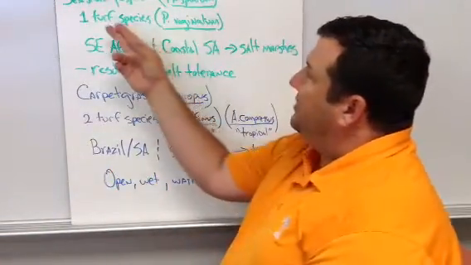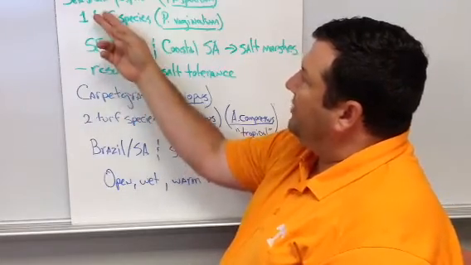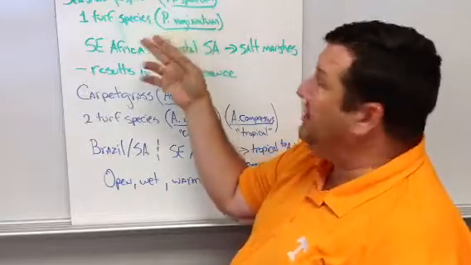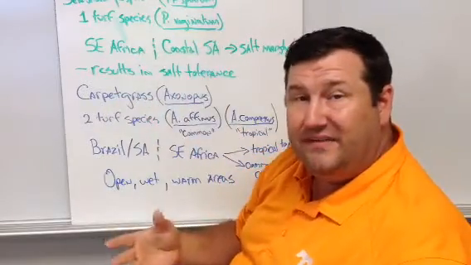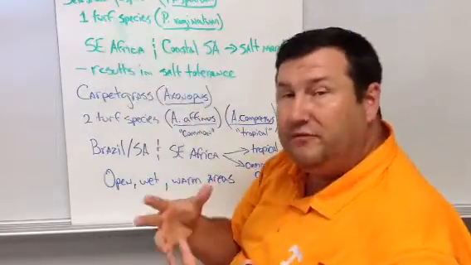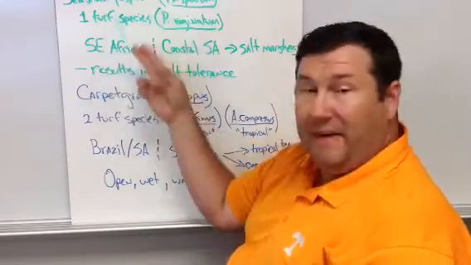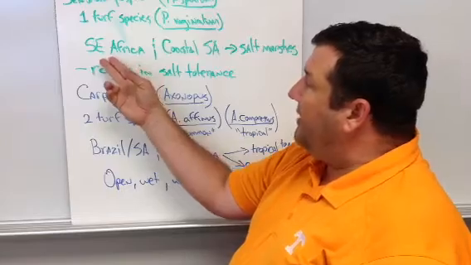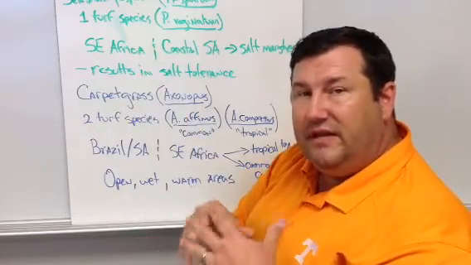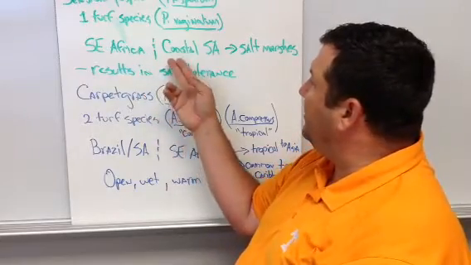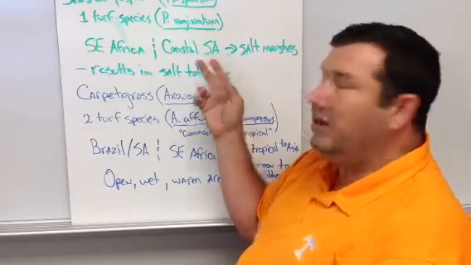So the next two grasses that we're going to talk about are seashore paspalum, which is the Paspalum genus. It's a very broad genus, lots of different species, but there's only one turf grass species, and that's Paspalum vaginatum, or seashore paspalum. Again, Southeast Africa, kind of in the wet, moist, tropical regions of Southeast Africa, coastal South America,